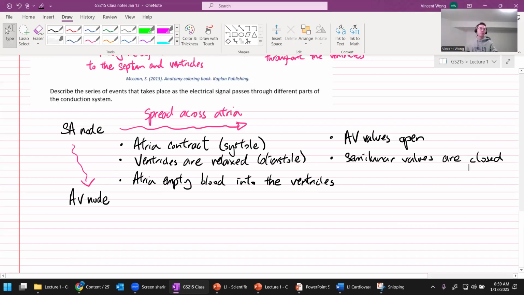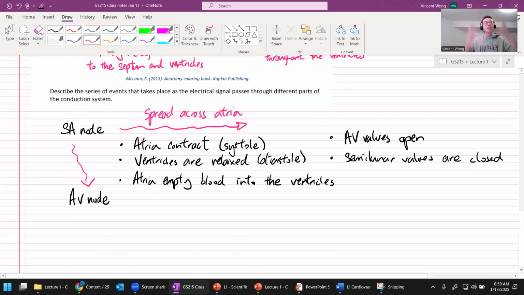This is the first half of the cardiac cycle. Just emptying the atria, filling up the ventricle. It's not a really hard squeeze, okay? Just a gentle squeeze is fine because gravity does most of the work. We just need to squeeze hard enough to force the AV valves to open, and then gravity kind of does the rest. All right, so as this whole thing is happening, the signal is spreading to the AV node, and